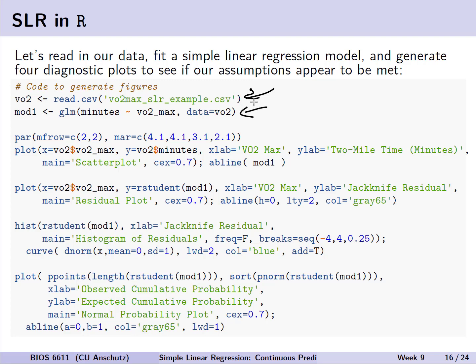In this case, we're going to then fit using GLM our linear regression model, for the outcome of minutes it takes to complete that 2-mile run and the VO2 max from the treadmill test. We'll save it in the object we're calling mod1 to reference the results in our plots and later on. Everything we see down here in the lower part of our code chunk